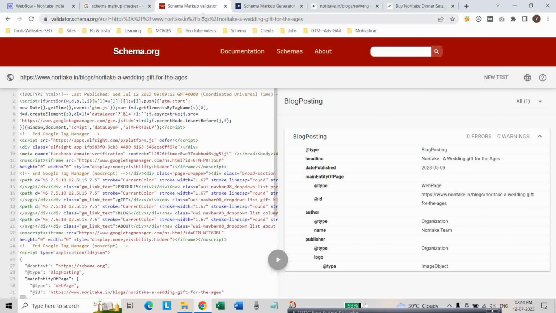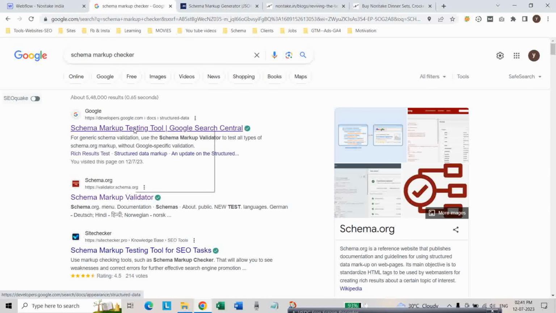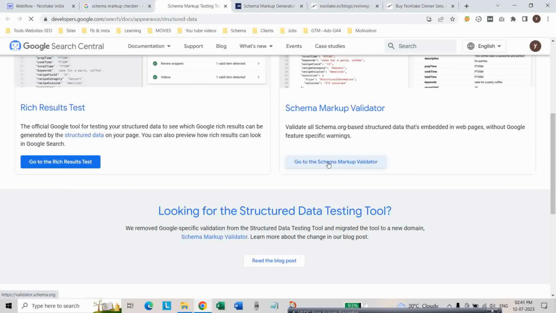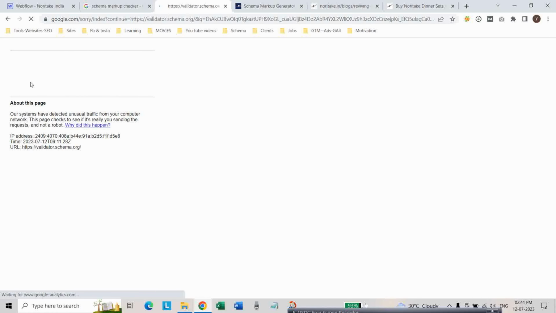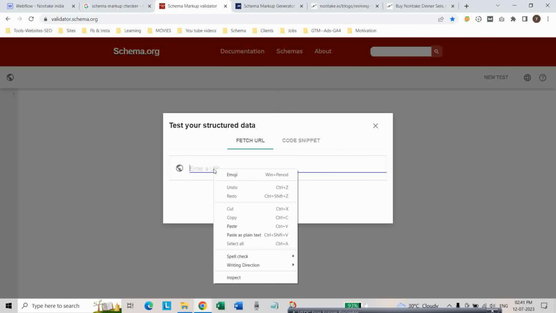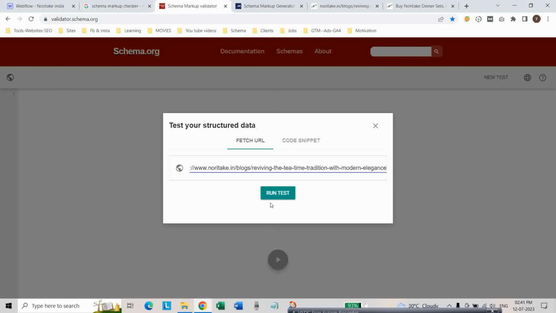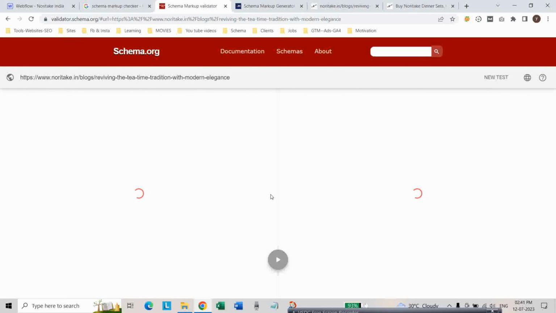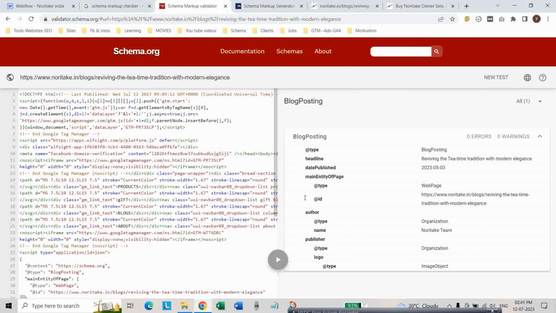For that, whether schema is done or not, whether schema markup code is added in the Webflow website or not, let us go to schema markup validator and paste it and run test. See the name and publish date, URL. In this way, you can add article schema to your